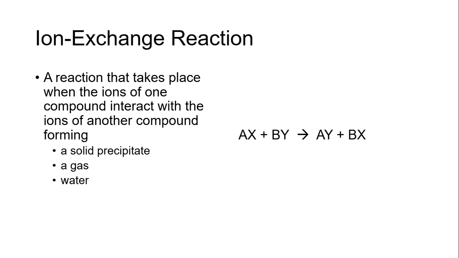Here's an ion exchange reaction example. In this example, you have 2 substances, but if you look here, you have AX plus BY. In the reaction, you take the X and it exchanges with the Y, so you are left with AY plus BX. In our previous